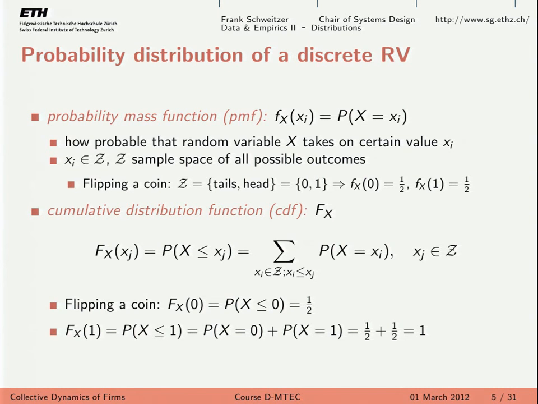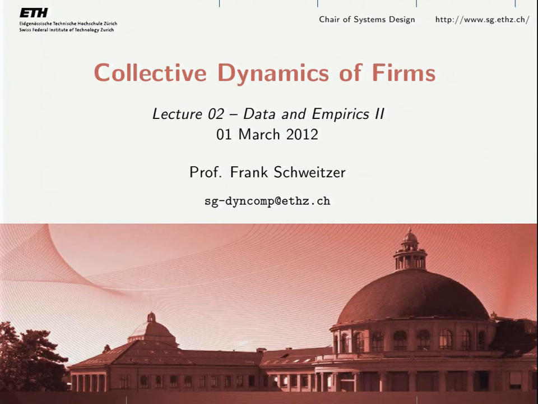So in the example of flipping a coin, it's very clear. We have these 2 realizations only, and together they have to sum up to 1 because there is no other value available. So you just recapitulate: the small f gives me the probability that a certain